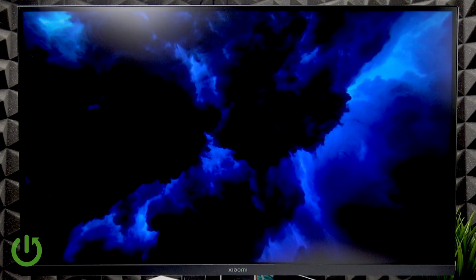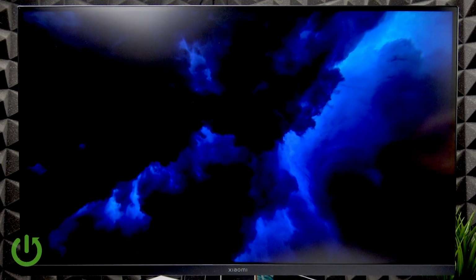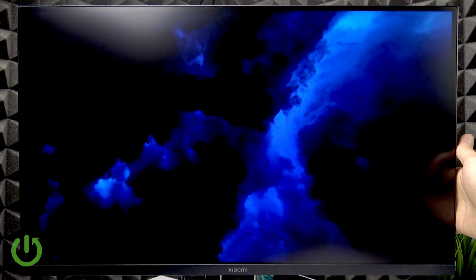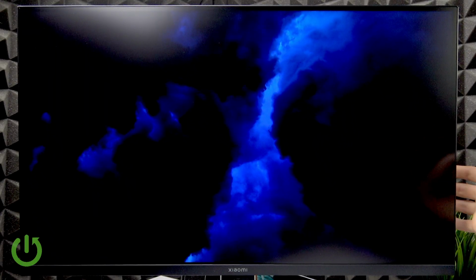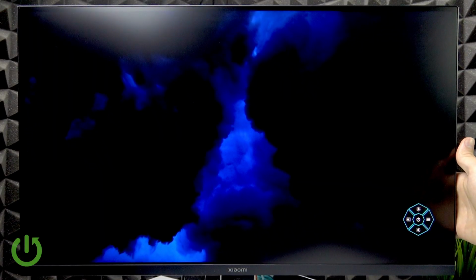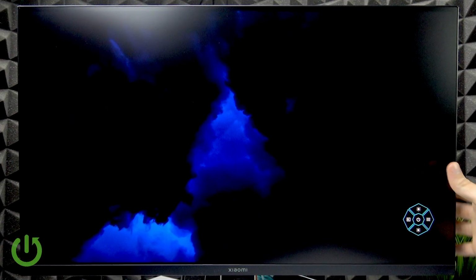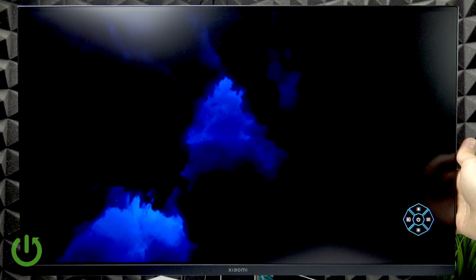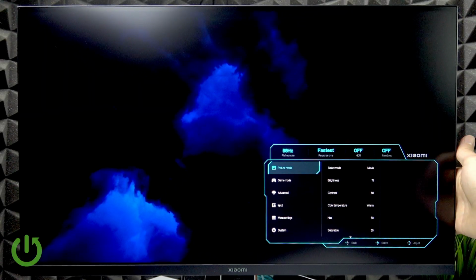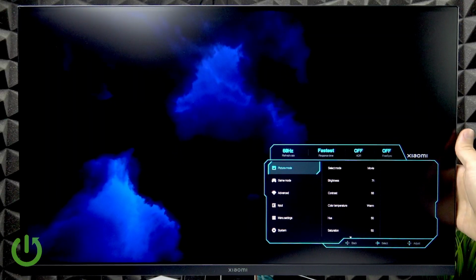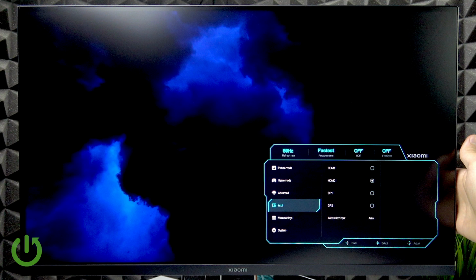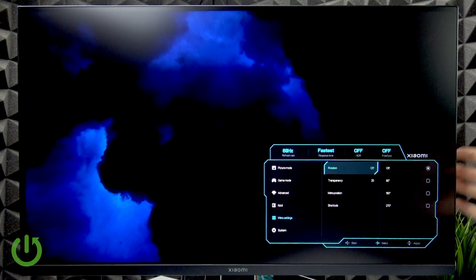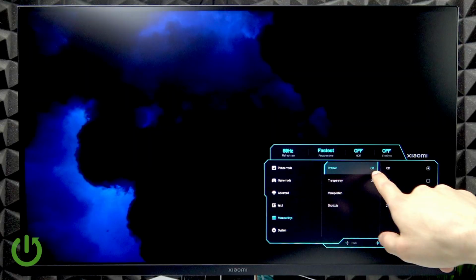So first of all, let's access the settings menu. To do that, we have to press the power button on the back side of the monitor. You can reach it from the right side of it, and once you press it, you will see this D-pad on your screen. So now in order to open the menu, drag the joystick to the right, and once you see the main menu, you have to scroll down to menu settings, and here you have options like rotation, which